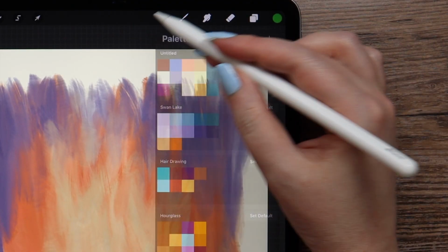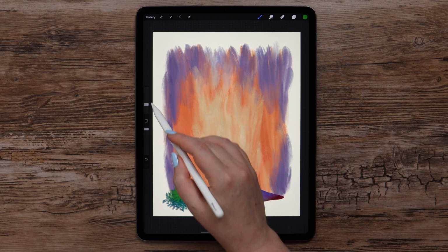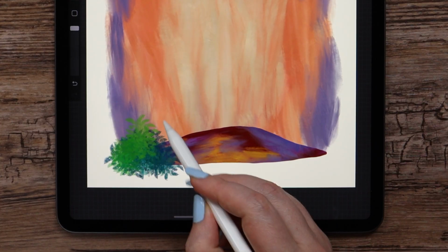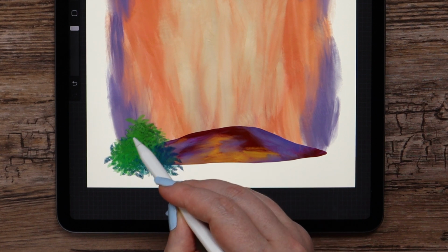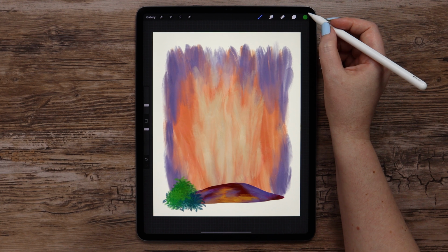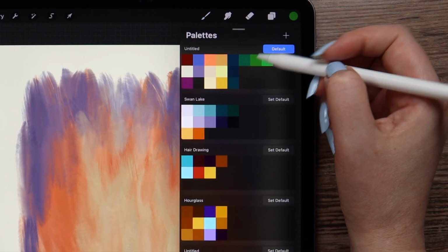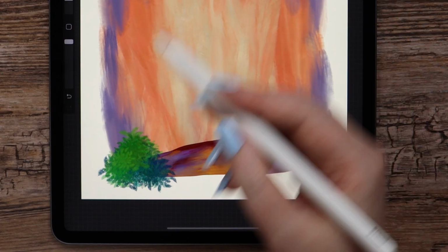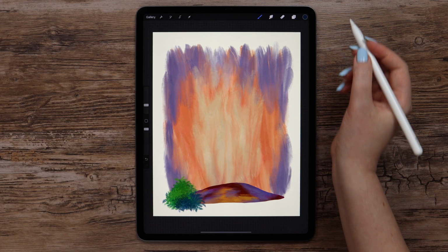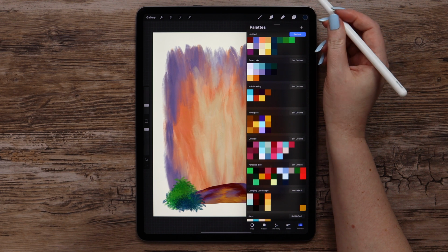Changing the color into this one and painting more on the left. We can lower the size here to 8%. The brush has subtle texture and also color dynamics, so you can make strokes until you like how the colors turned out. Let's try to add a darker shade of blue here to create some depth. Now let's pick this shade of green,